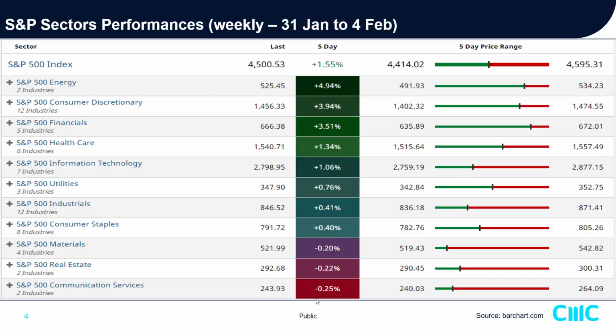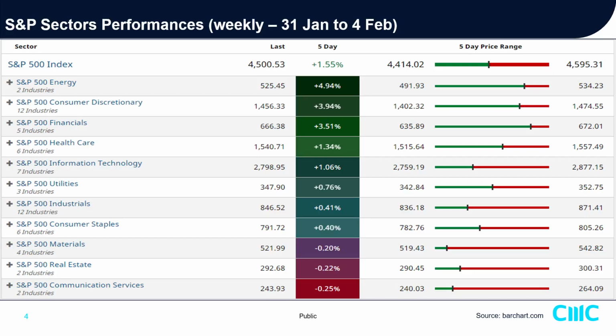Comms services was not too bad, negative 0.25%, despite Facebook, which is Meta, being a significant member inside the comm services, which actually lost close to negative 20% last week. Right, the top performer as usual is energy, which is benefiting from buoyant, rising oil prices, up close to 5% last week. So all in all, what we start to see over here is a bit